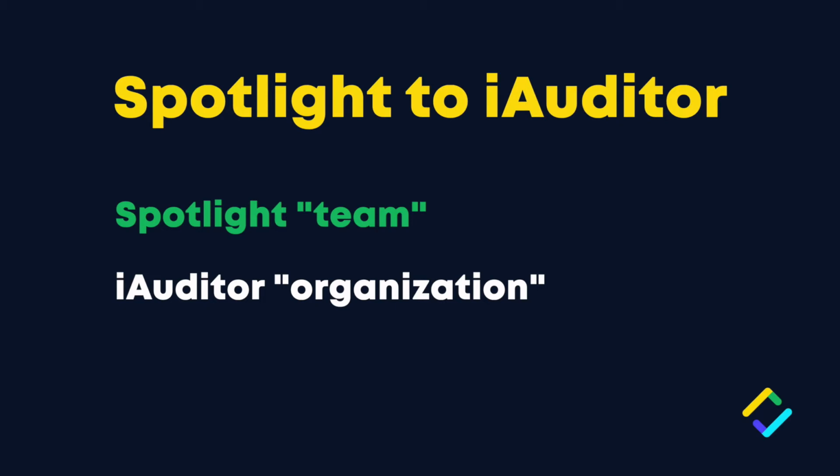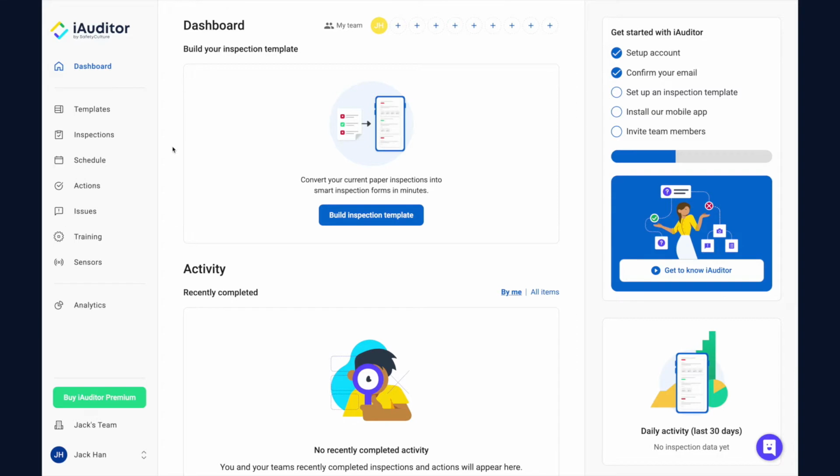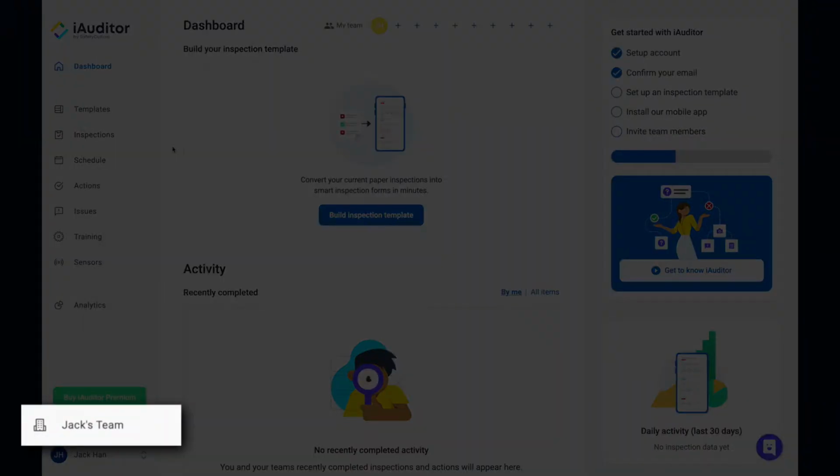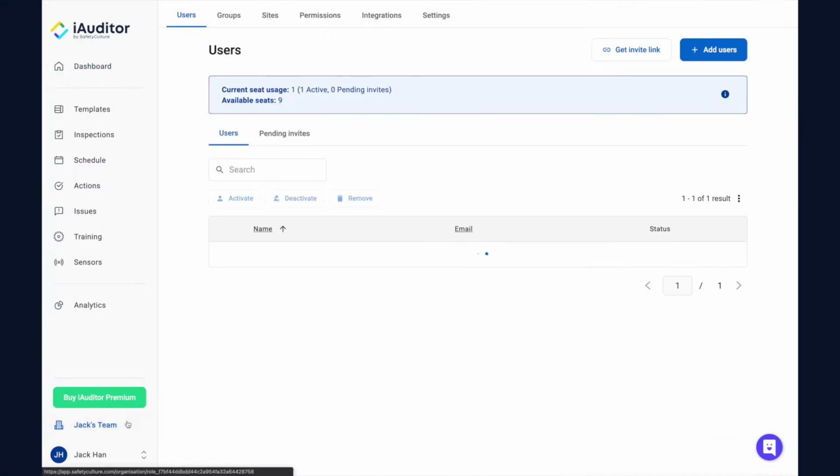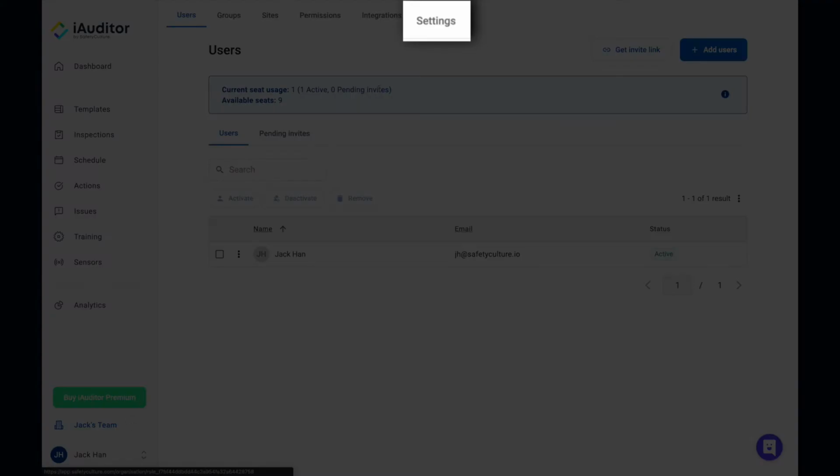Before you invite your team members to your iAuditor organization, we recommend that you set up the basics by updating your organization's details. To do so, first log into the iAuditor web app. Then, select your organization name on the lower left corner of the page. Now, select Settings from the tab on the top of the page.